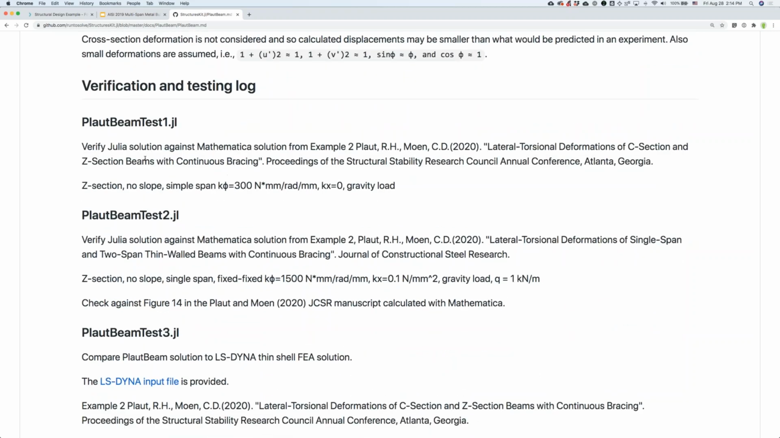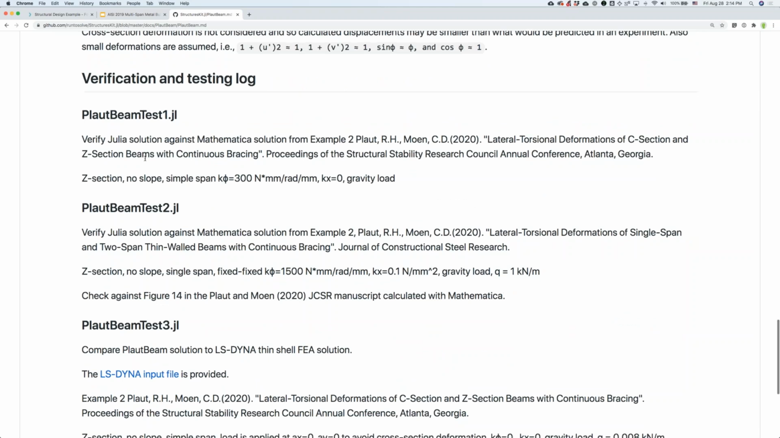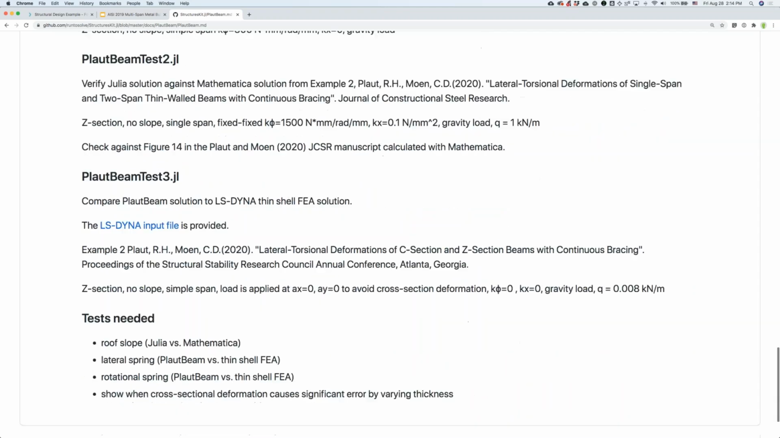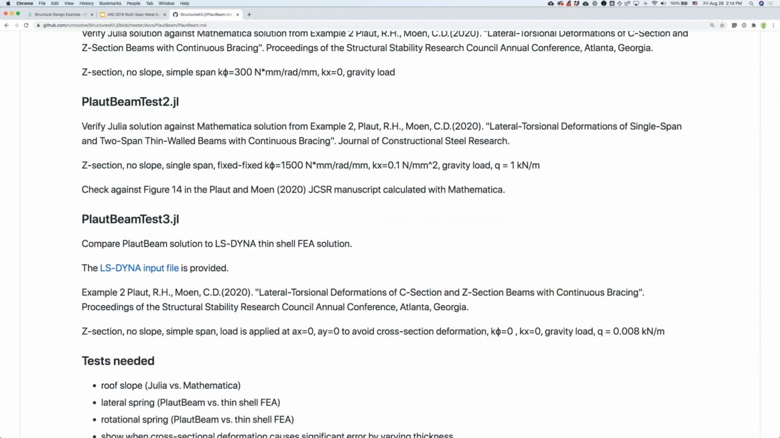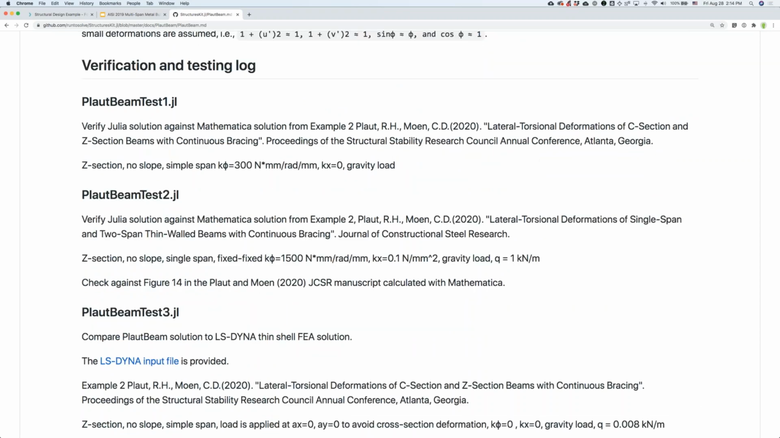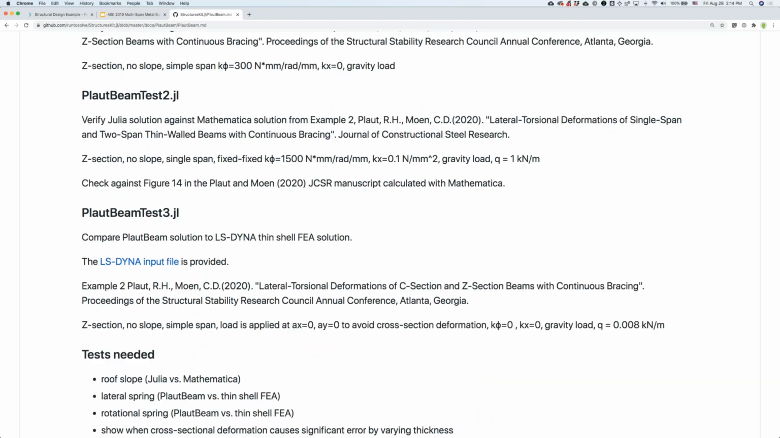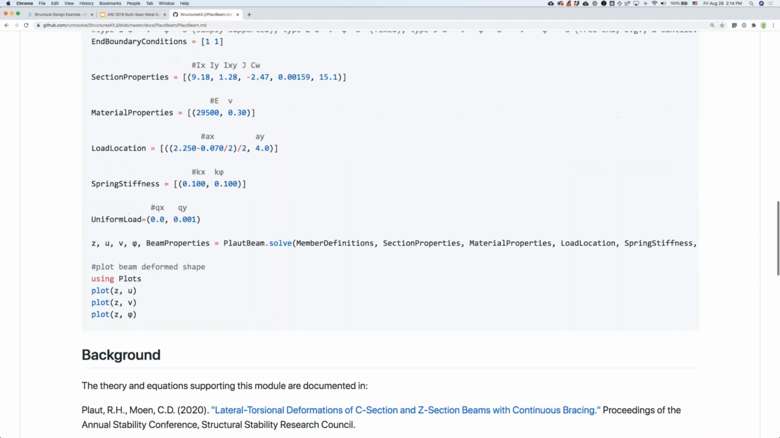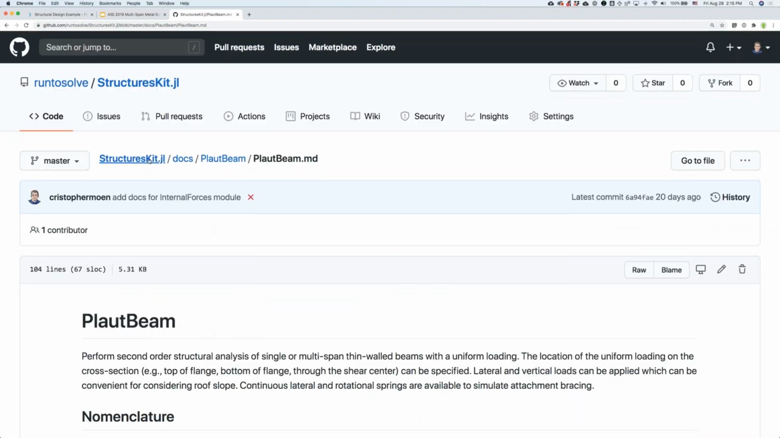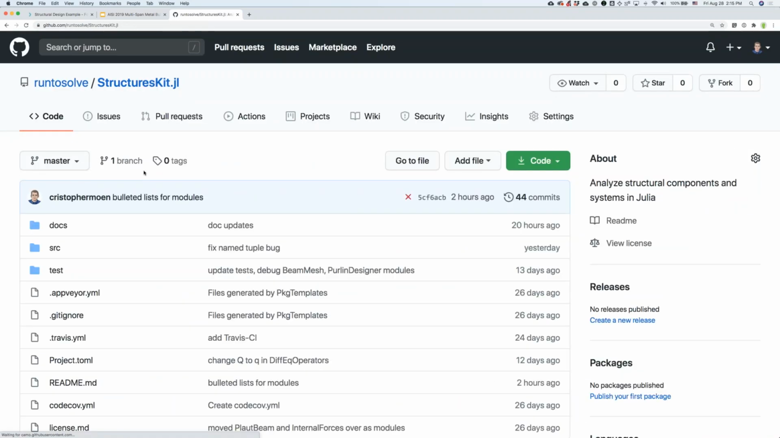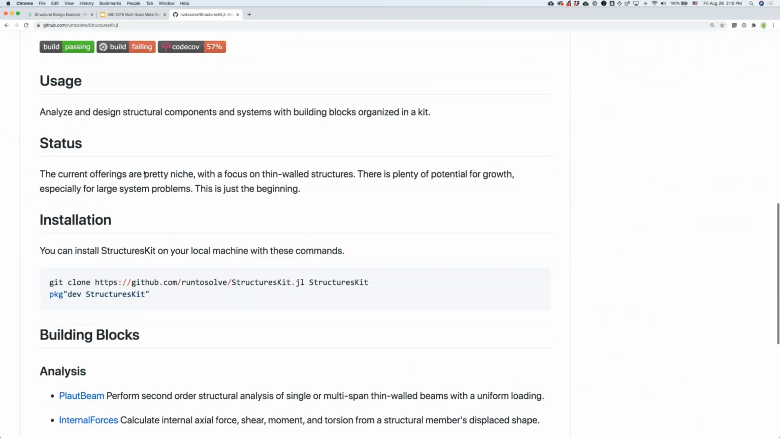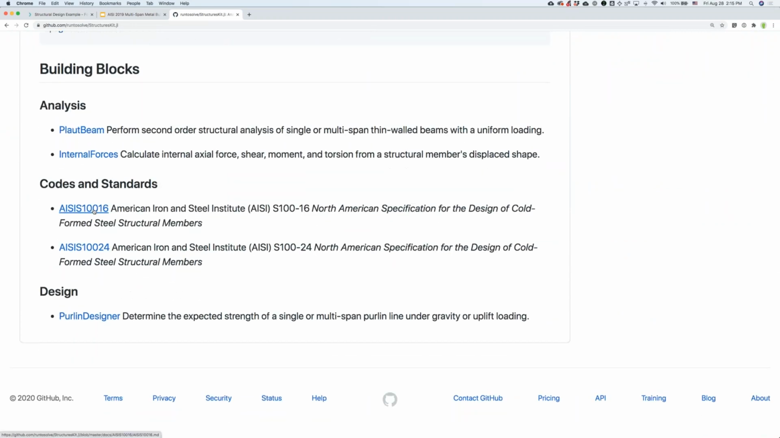And I've documented, so these open source packages have a testing log of all of the tests that have been run so far to verify things against. I've verified a few things against Mathematica, against MASTAN2, and using Elastina. And every one of the packages that I've used here today has tests. So for example,